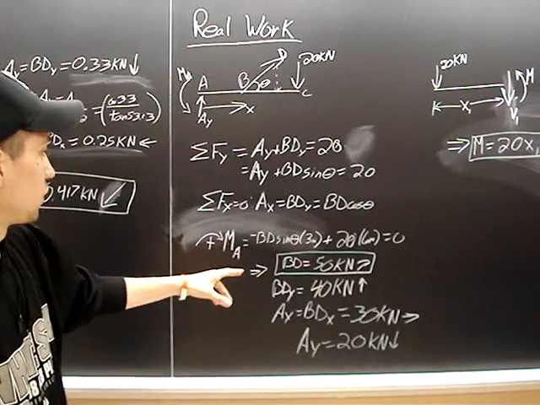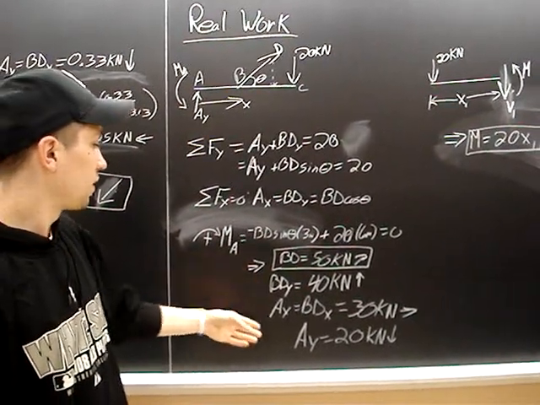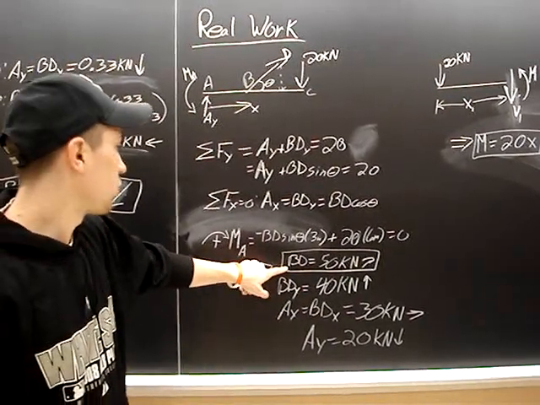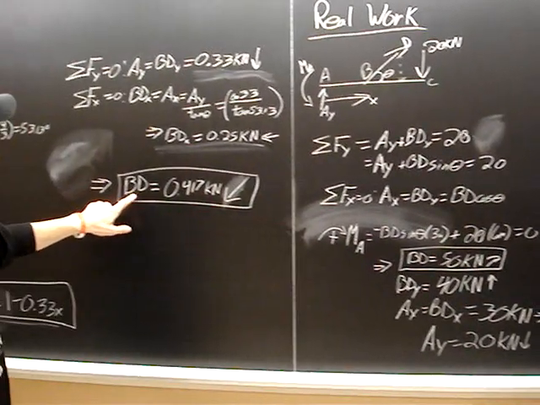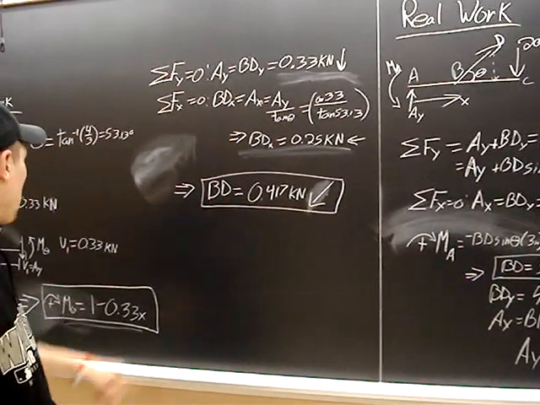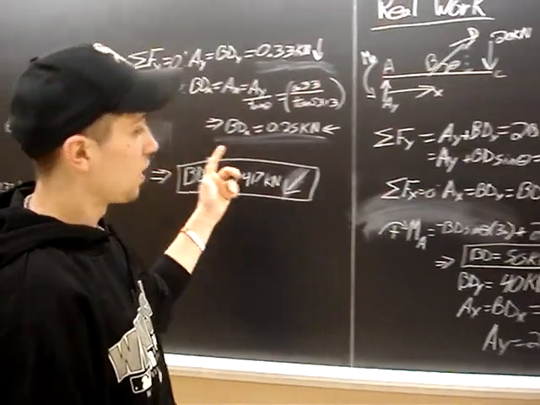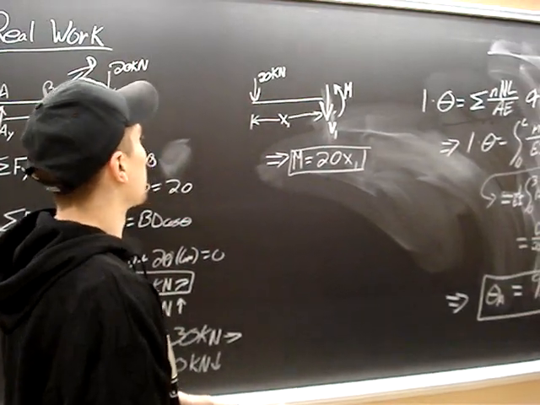And then we can plug that back in and solve for BD, AX, and then AY. BD in the virtual work is what we want to remember, and the moment from the virtual work is also what we want to remember. And then once we solve for BD and the other forces, we can come over, and what you do is you want to switch the